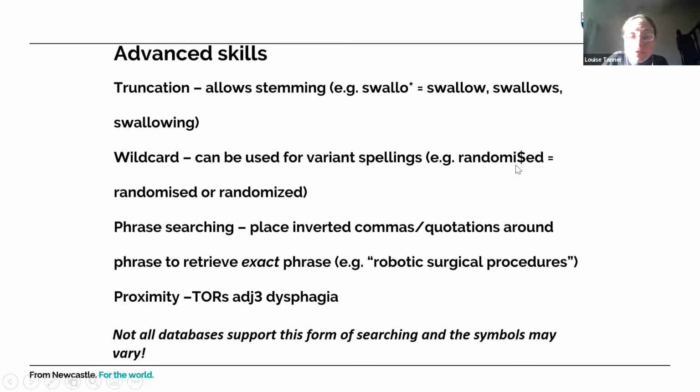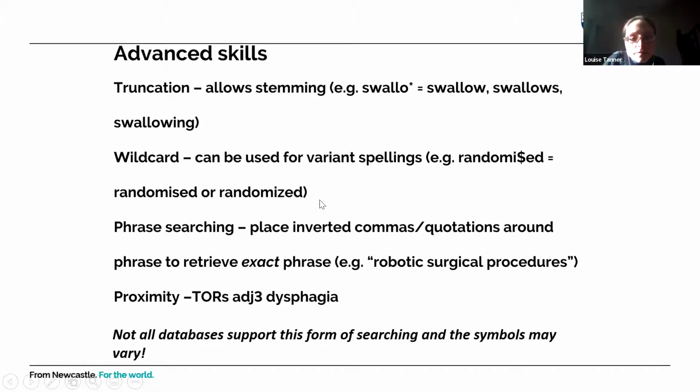For example, randomized controlled trials: randomized is spelt with an S in British English, and with a Z in American English. If you place a $ where the S or Z should be, that will search for randomized with an S and randomized with a Z.